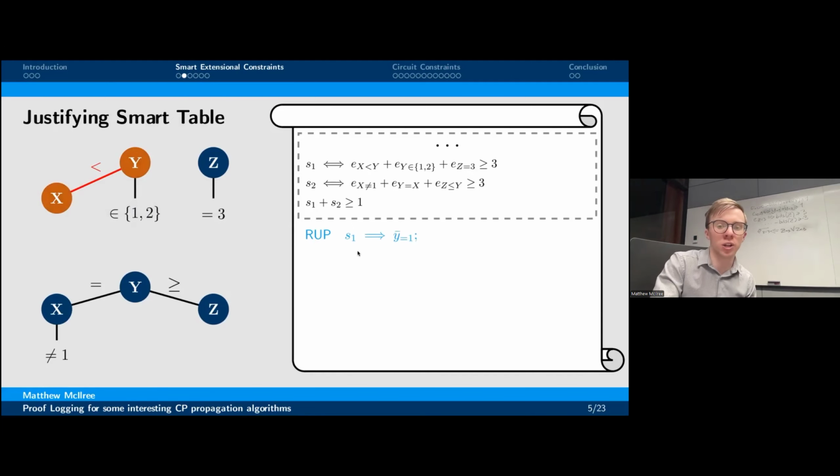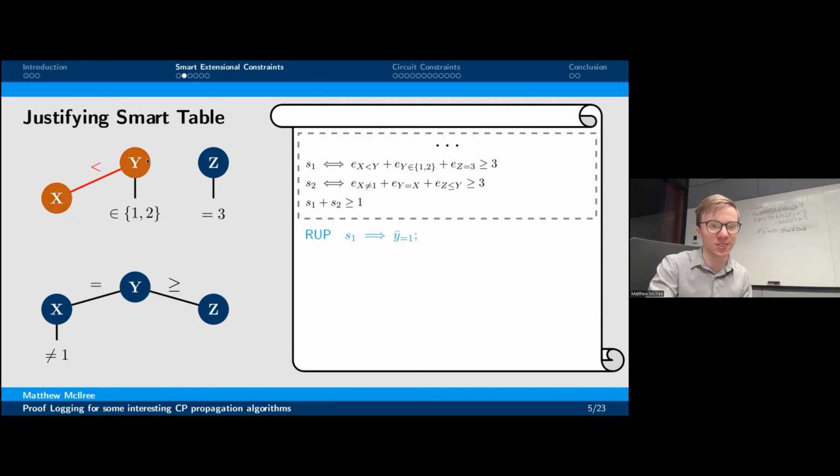So S1 implies y is not 1. So this follows from this individual x less than y constraint, which just happens to be RUP because this is a very simple PB constraint. We kind of skated over the proof of why these simple constraints are RUP in every place, which is why I'm now committed to actually writing down these RUP proofs in my thesis. But if you're willing to take it on